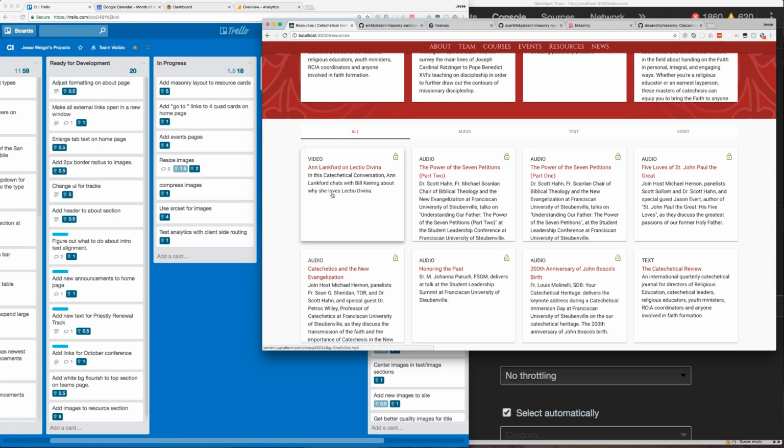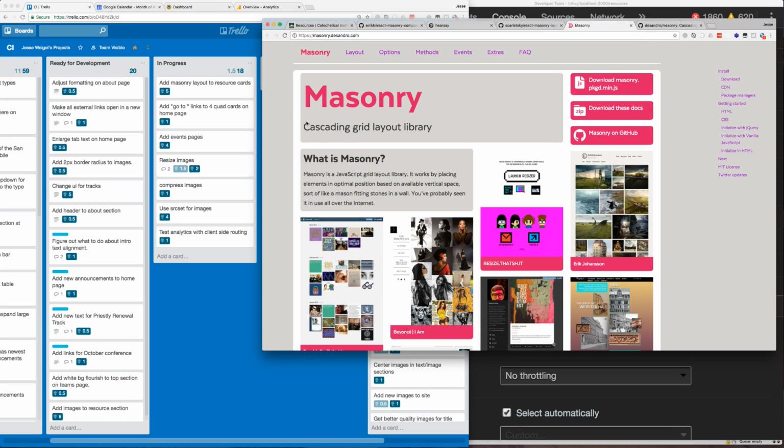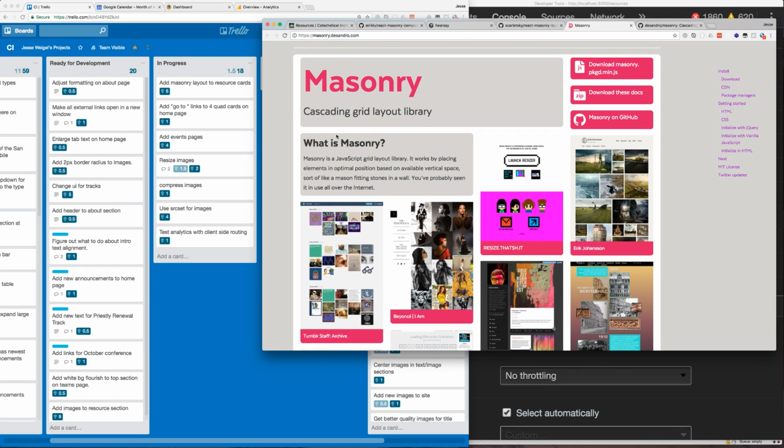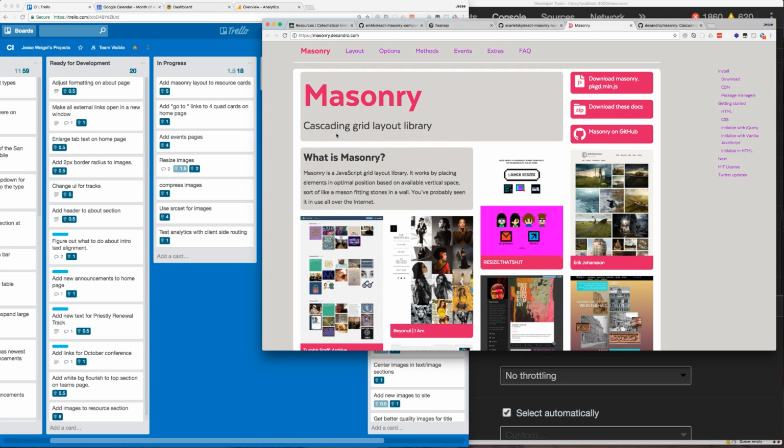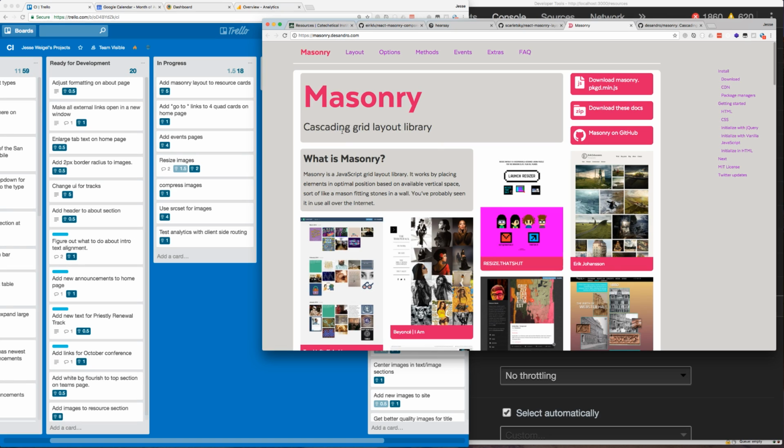So what I need to do is use JavaScript to position all of these. I've used Masonry in the past, so I've used this library, and it works well. But I've had two issues with it that I always have to work around. One, if you have images, you have to add another library called imagesLoaded to figure out when the images are actually loaded and then position them, because